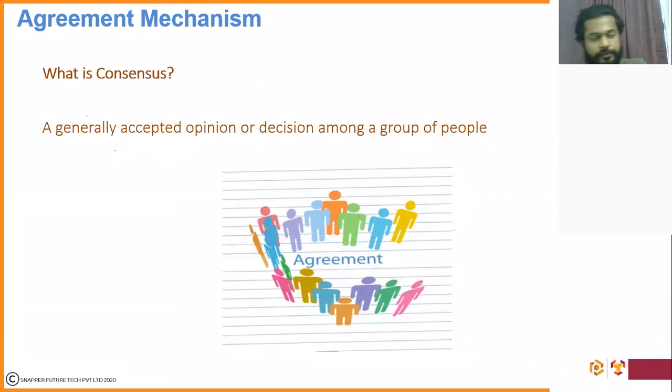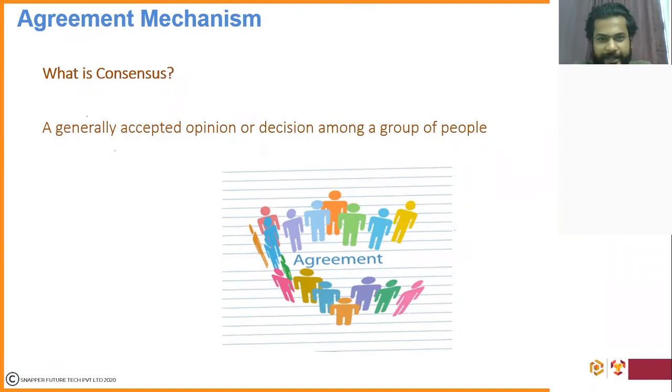And in the case of a Bitcoin network, everyone has to agree that the copy of the ledger is the same among everyone else in the network. Okay, then and only then there is integrity, right? If the copies are varying, do you think the network has integrity? No. The network will only have integrity if all the copies are same. And to do so, the entire network has to come to a consensus. Consensus meaning an agreement.